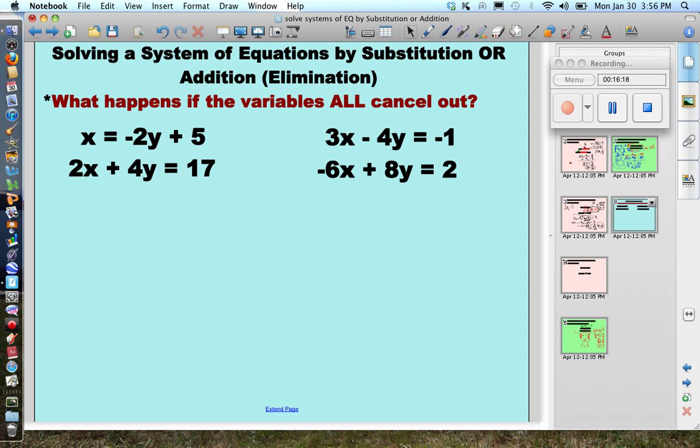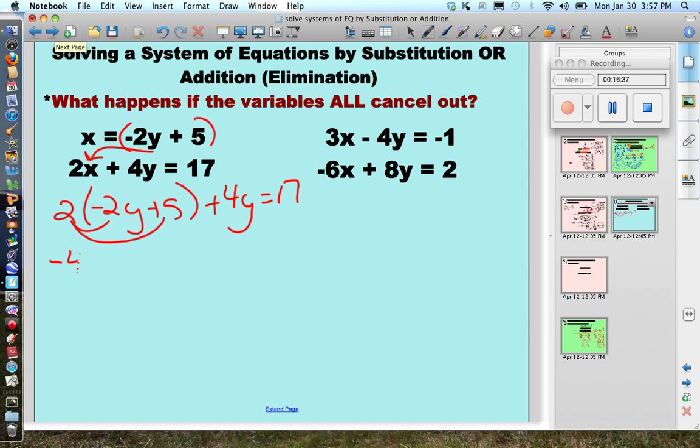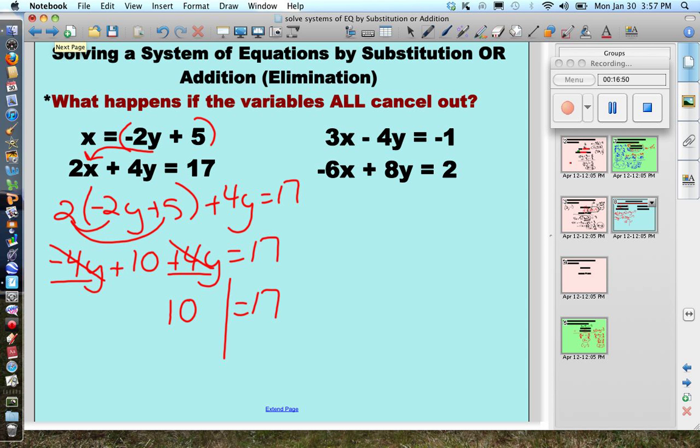X is already by itself, so I am going to substitute this negative 2y plus 5 in place of x. So I'm going to rewrite that. 2 times negative 2y plus 5 plus 4y equals 17. I am going to have to use a distributive property, so I get negative 4y plus 10 plus 4y equals 17. Solve my equation. These are on the same side, so they actually cancel out, and I end up with